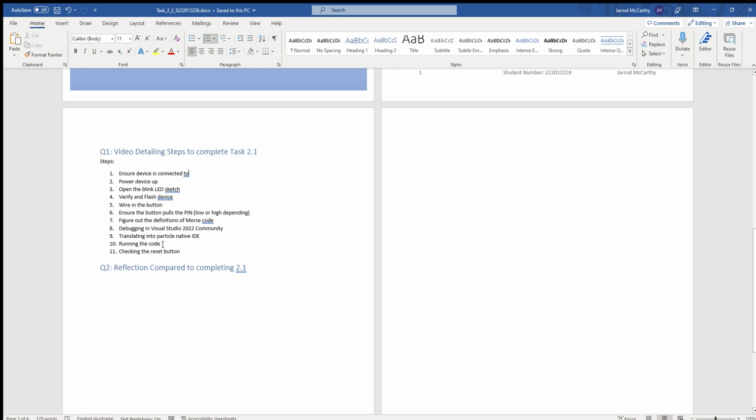Then when I feel like the code's working in Visual Studio, I move it over to the Particle IDE and start running the code there, and then confirm that it's blinking the LED at rates that look reasonable, and then just check the button works. So with all that said,